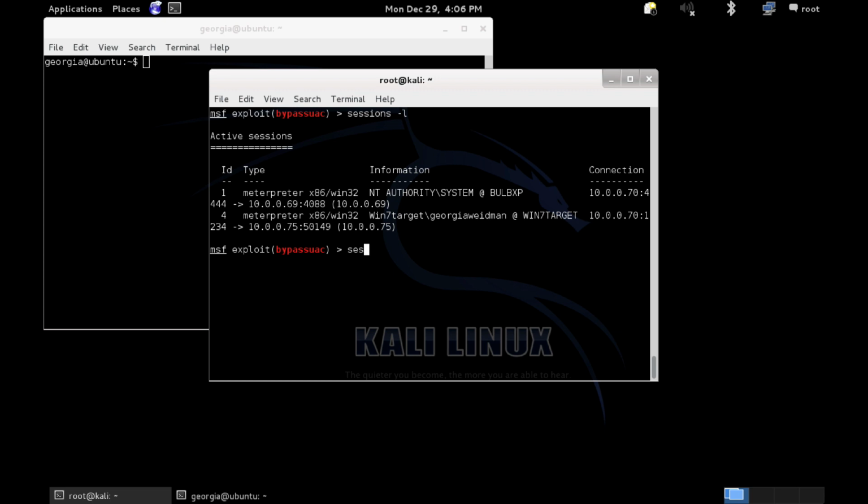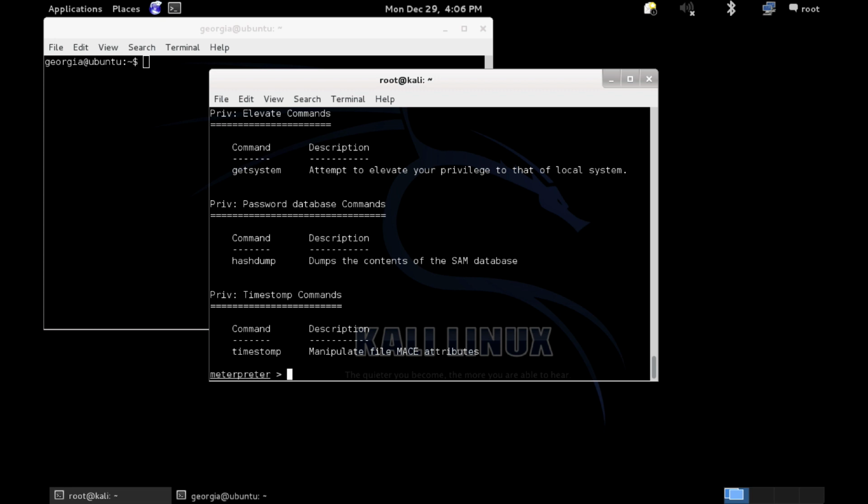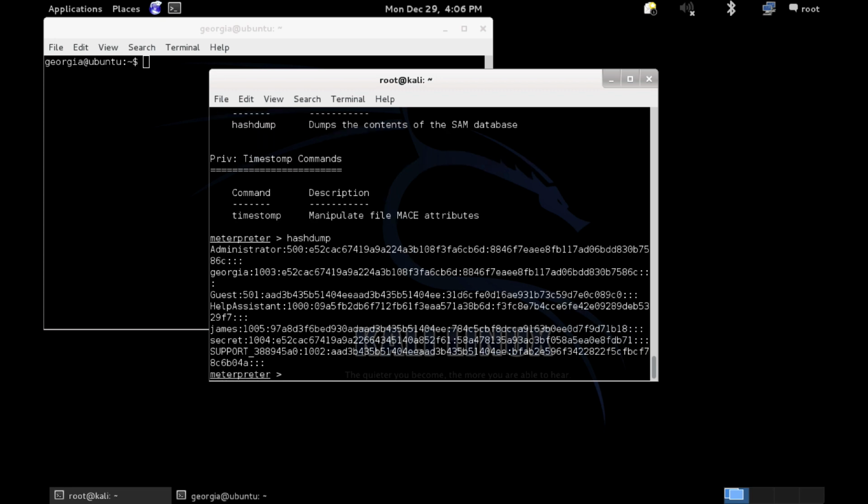Alright, so let's just jump into one of those sessions. I'll just jump into the XP. If I do help, we can see our Metasploit Meterpreter commands. So we've seen hashdump previously. We can take a picture, turn on webcams, record audio, things like that. And also have upload and download, so we can upload like user share